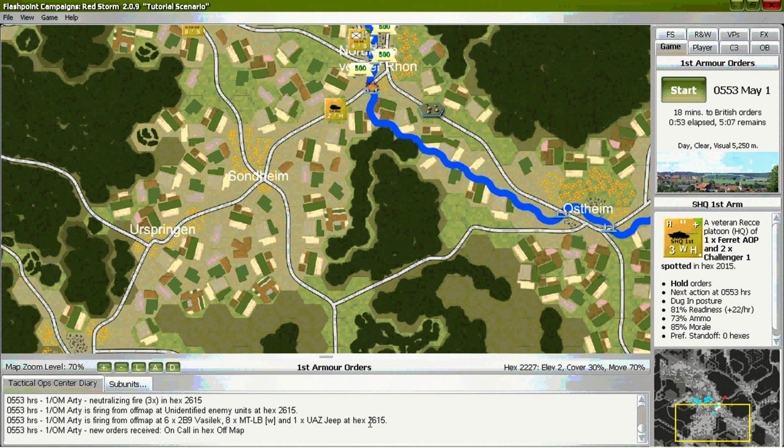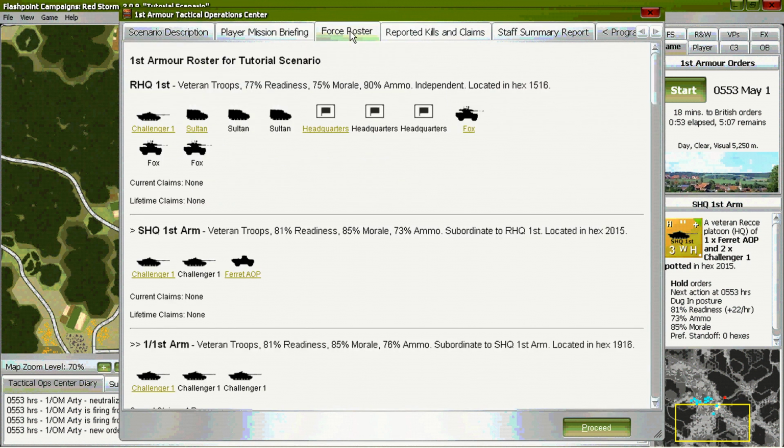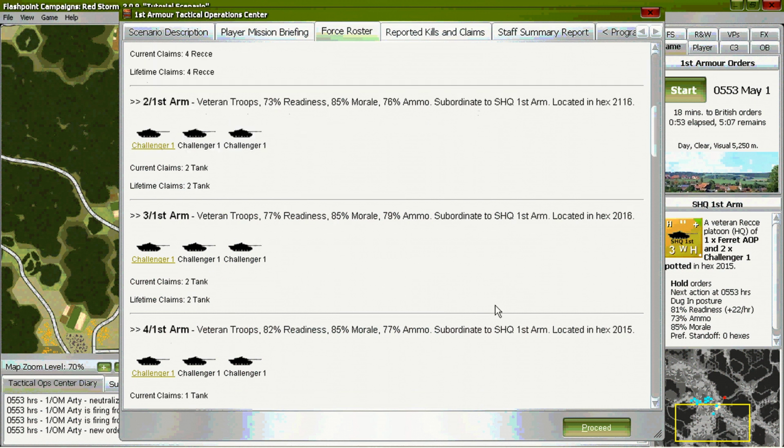Hit the F2 key to bring up the Tactical Operations Center and click on the force roster and review the opening engagement. You can see what losses each unit has suffered and also what specific enemy types they claim to have destroyed.